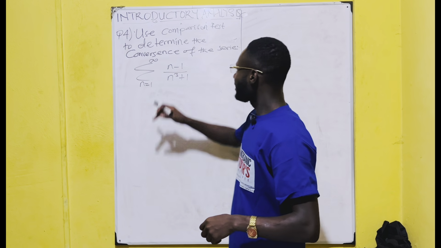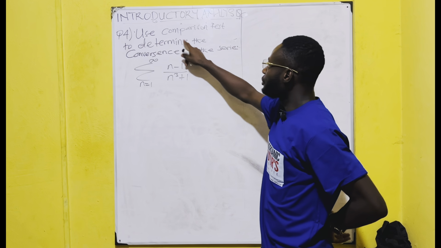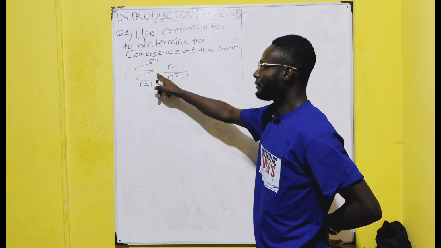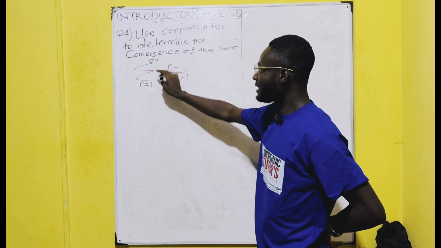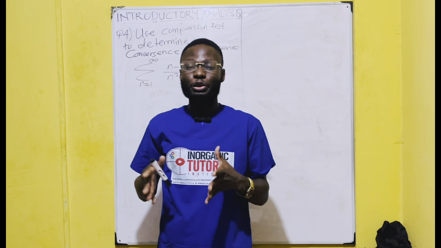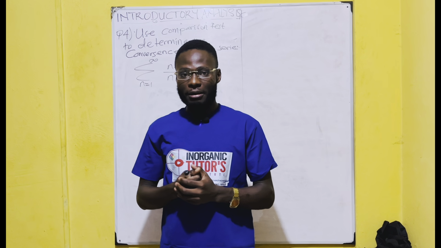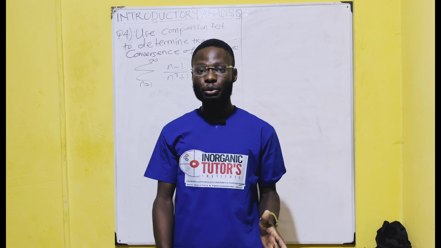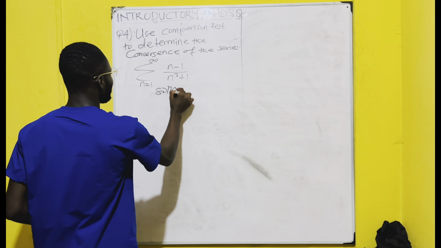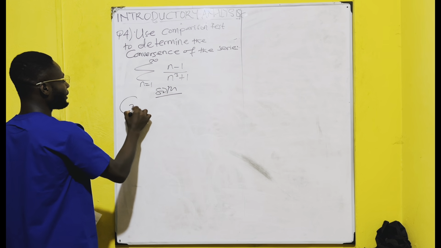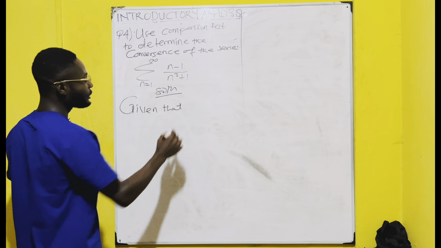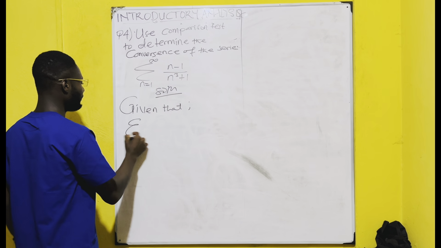Now, with question number 4, we want to use the comparison test to determine the convergence of this series, right? So this is the series that we have been given, and we have been given the rule that we should use the comparison test. All right, so how are we going to do that? First of all, we have to write the problem. I always say that if you are dealing with intro analysis, make sure that you write every step, right? So given that